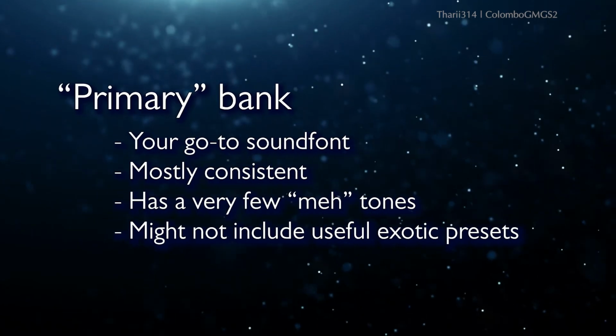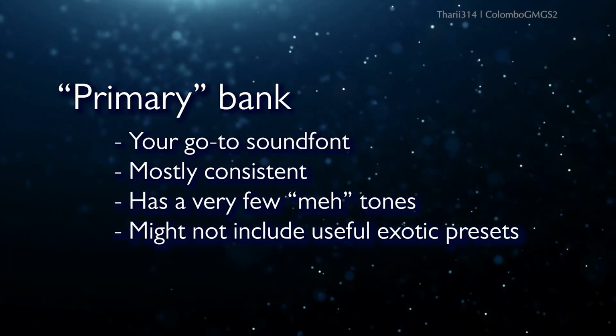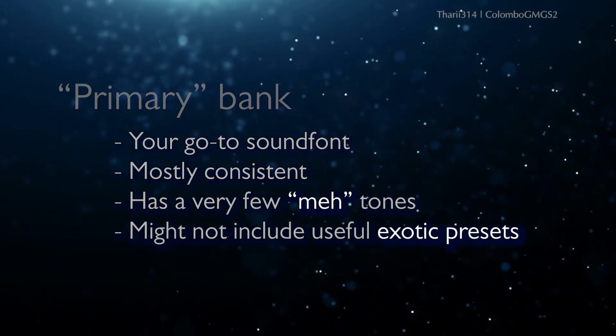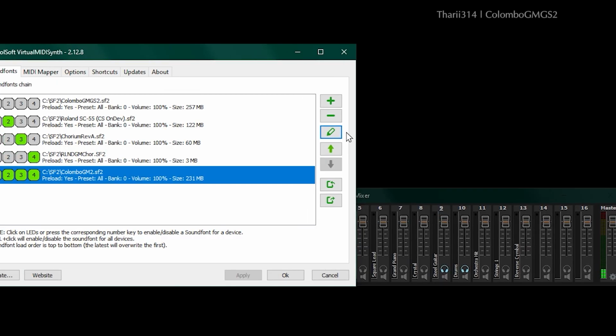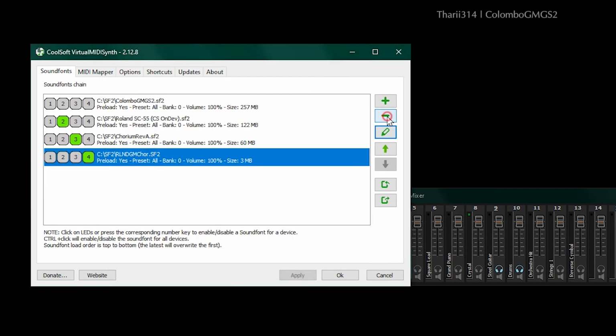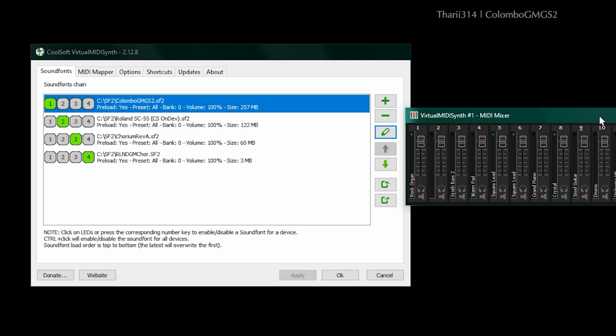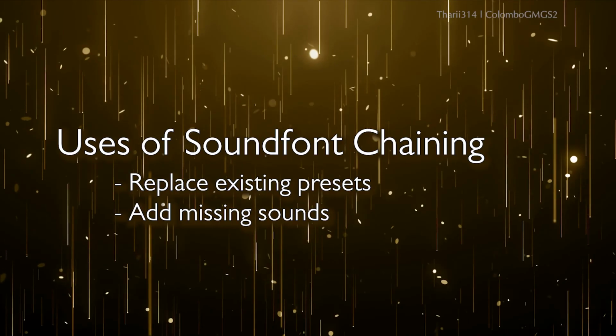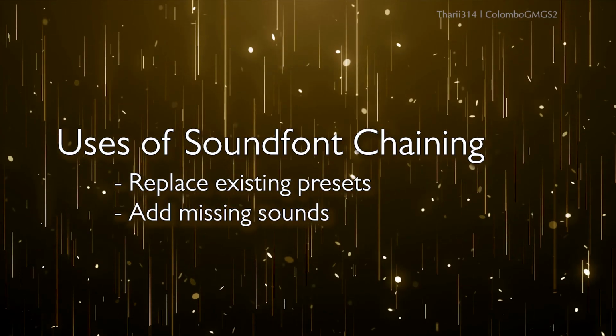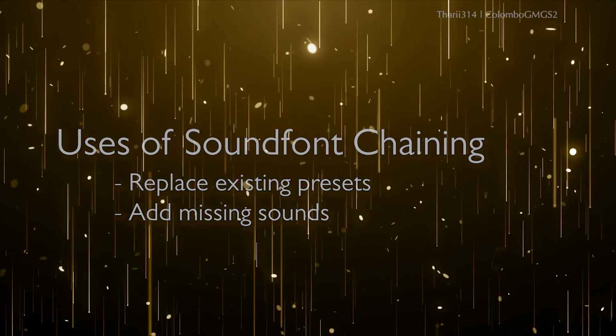The primary sound font is your main sound bank. You'll typically use it for most instruments. However, you might find some instruments don't sound quite right or are missing entirely. This often happens when a MIDI file calls for a specific sound not included in your primary sound font, such as certain sound effects from Yamaha's XG standard. That's where the secondary sound font comes in. It contains either better versions of specific instruments you want to replace or additional instruments missing from your primary sound font. Sound font chaining provides you two key benefits: replacing or substituting existing instruments and adding missing instruments.